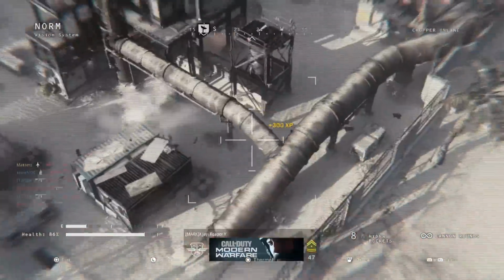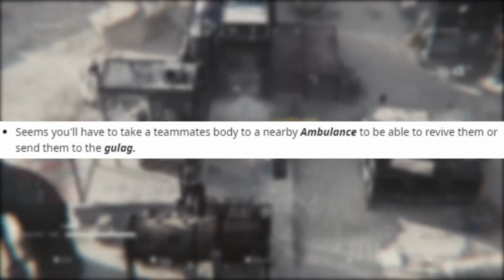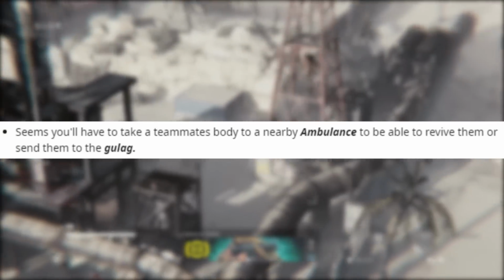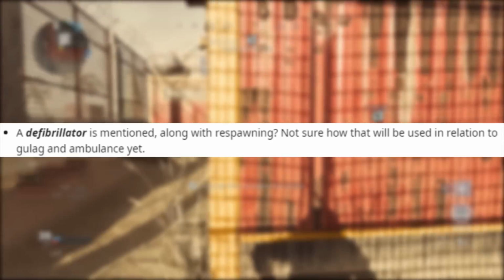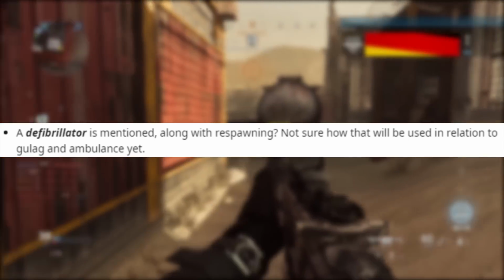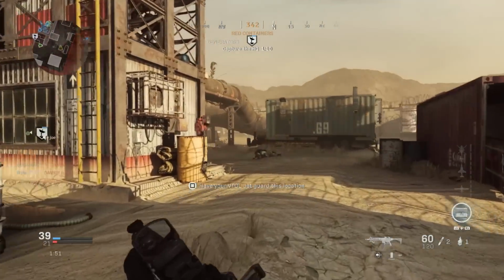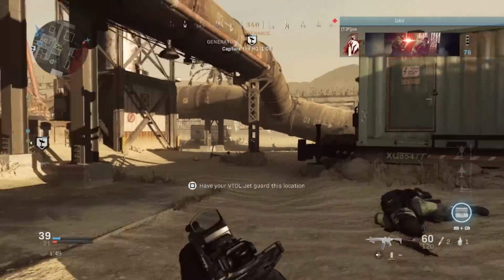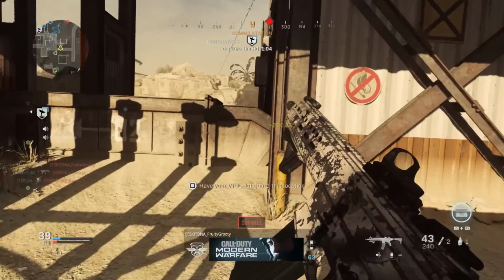Battle Royale. So we also have the respawn mechanics. Seems you'll have to take a teammate's body to a nearby ambulance to be able to revive them or send them to the Gulag. A defibrillator is mentioned along with the respawning. Not sure how that will be used in relation to the Gulag and the ambulance yet. So that's also interesting as well. So you could technically bring your teammate to an ambulance and then respawn,